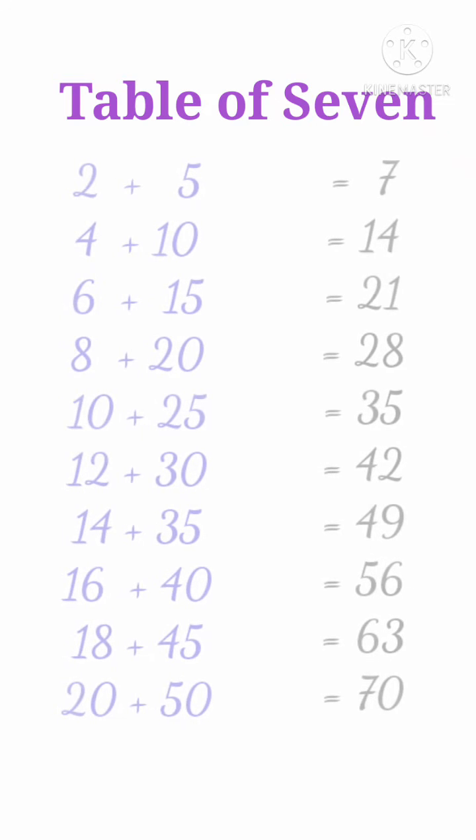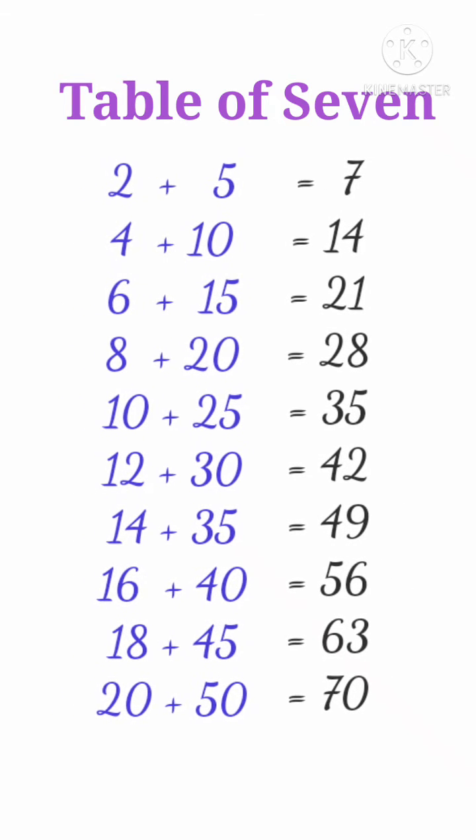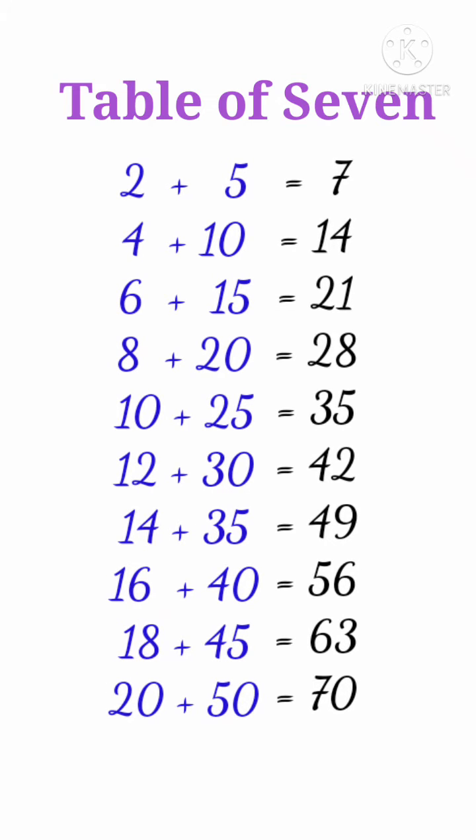Hello friends, today we are going to make the table of 7 with the help of the table of 2 and the table of 5. So first of all, we have to write the table of 2. Then after, we have to write the table of 5 beside the table of 2. And then after, we have to